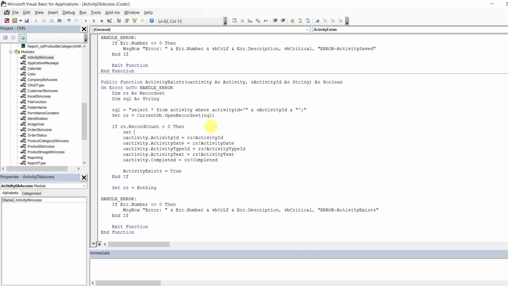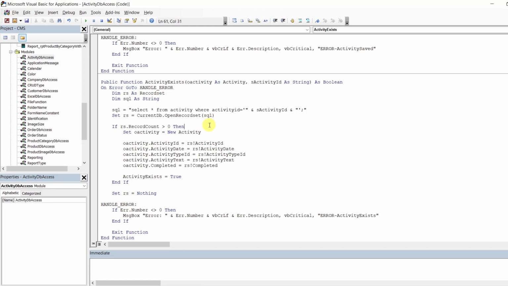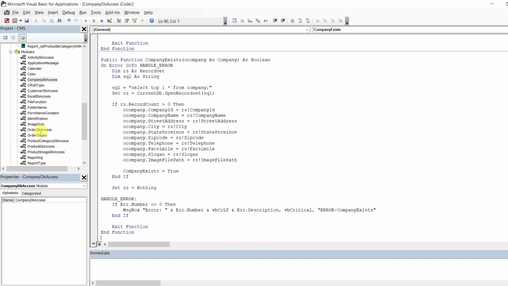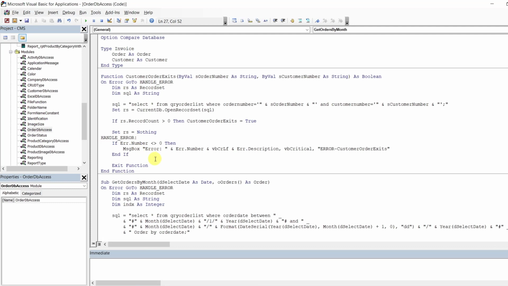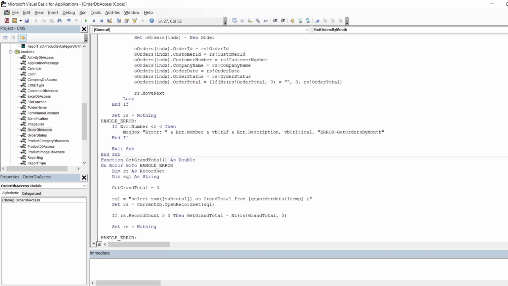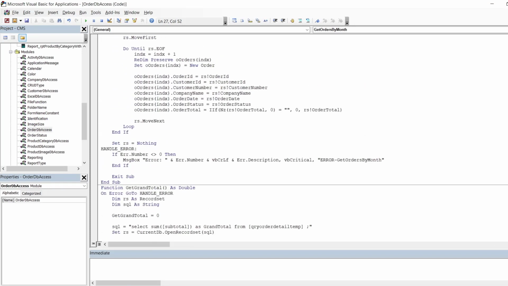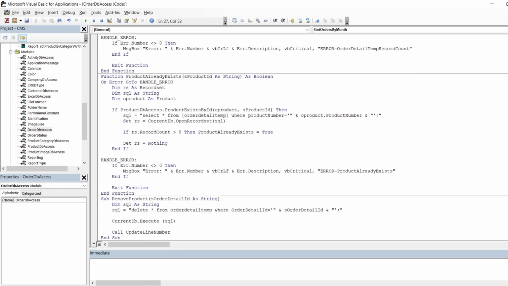Set O activity equals to new activity. Remember we did this one. I'm gonna go back to what was it, the company DB here as well. We're gonna correct these issues. We started working with this order by setting the new new activity inside of this